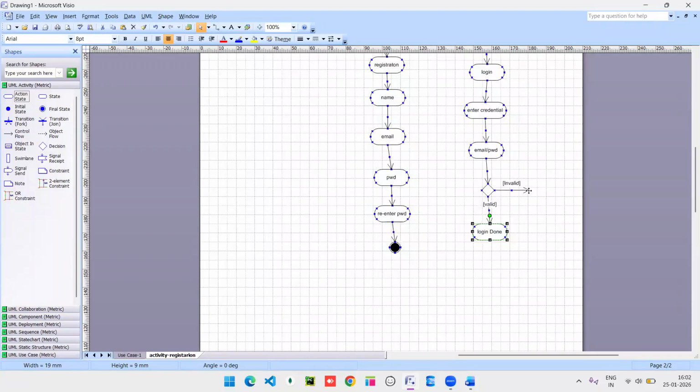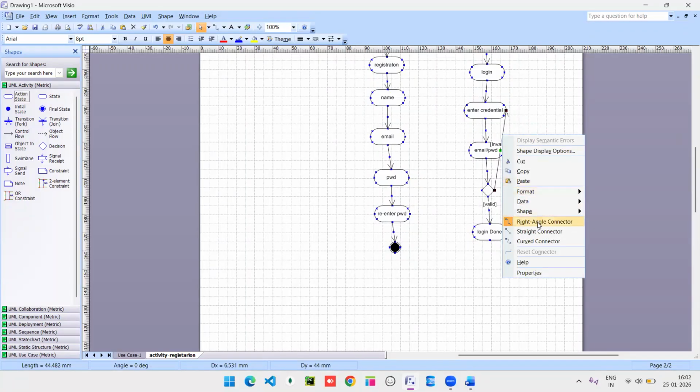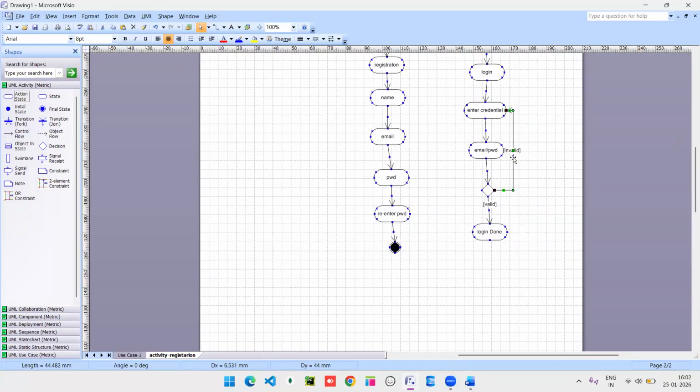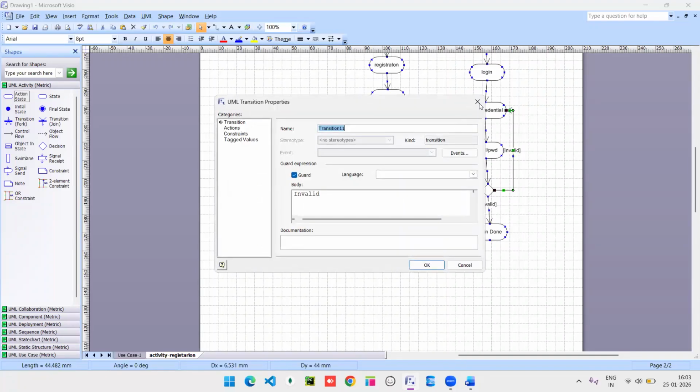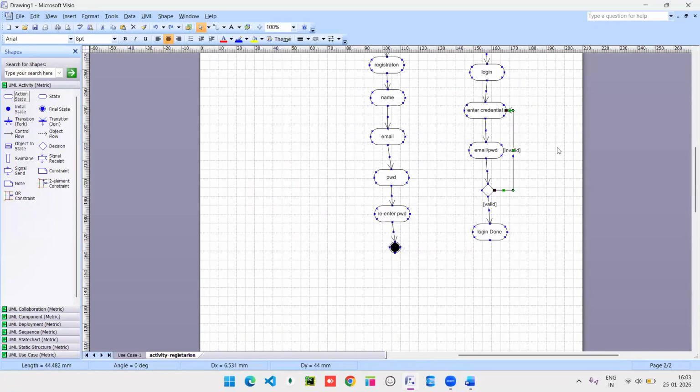If it is invalid, you need to go back again to enter the credentials. So for that, just right click on that right angle connector. So here by moving this arrow, you can